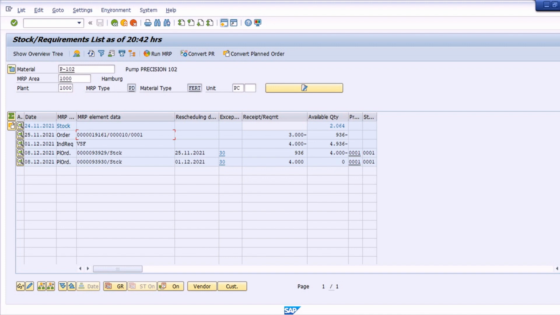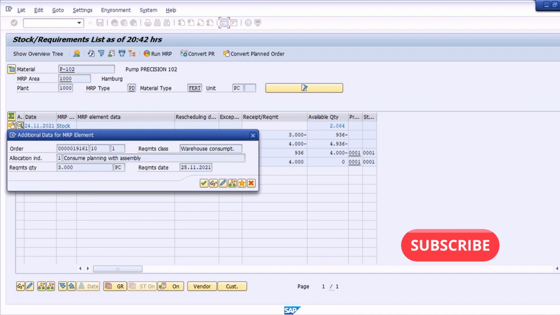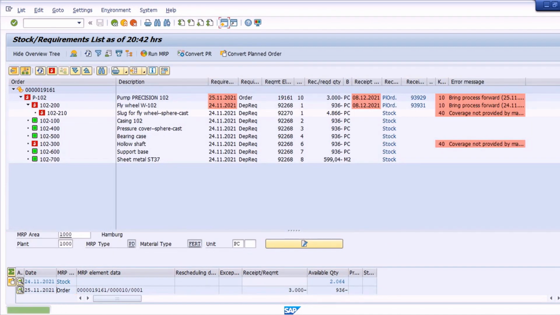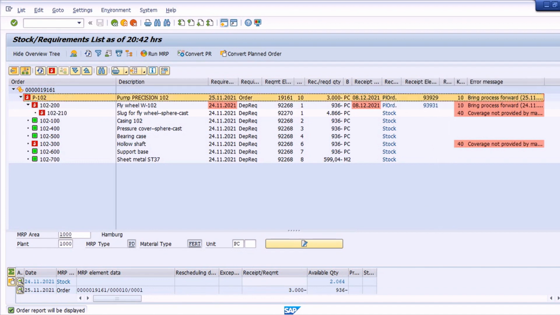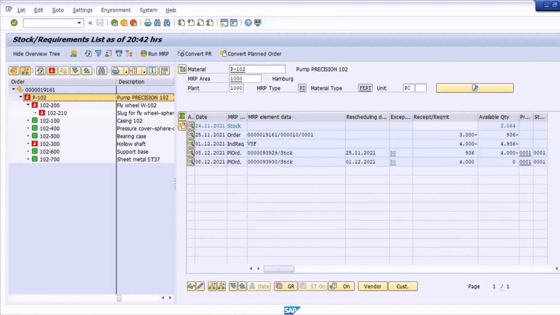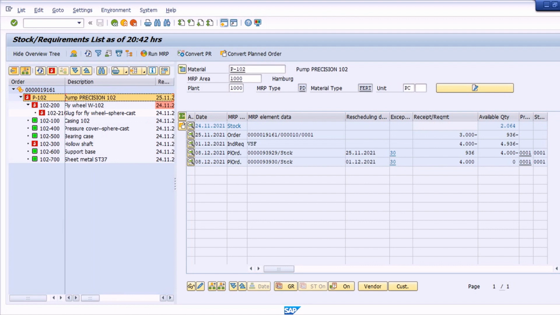So let me just run the order progress report, and let's make sure that we are getting the right planned order assigned to it. So for that, I just need to double click on this sales order and choose this icon, the order report. And here we can see the list of planned orders assigned. So the first planned order under this material, the P102, let me just change the view. Yeah, so you can see it side by side, right?